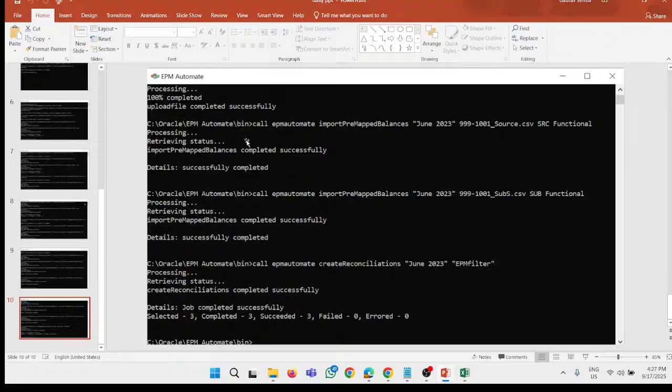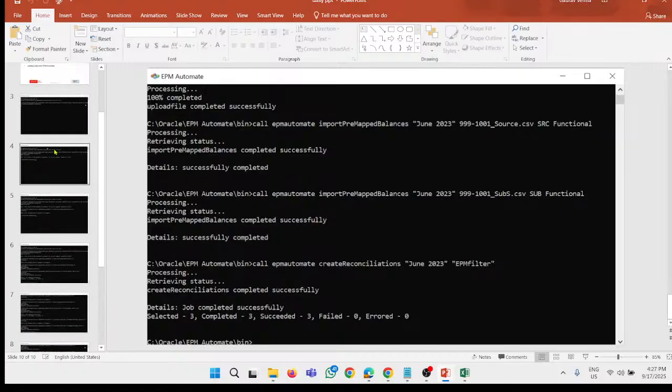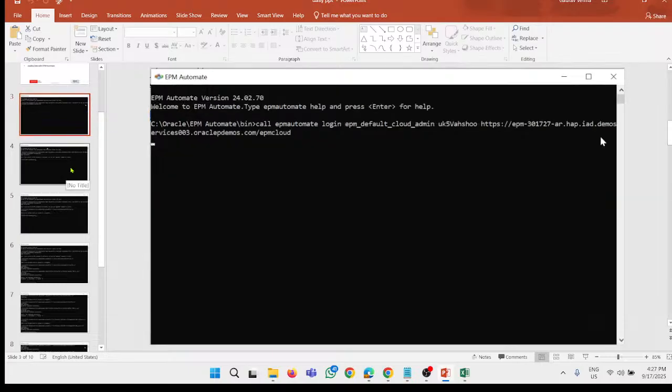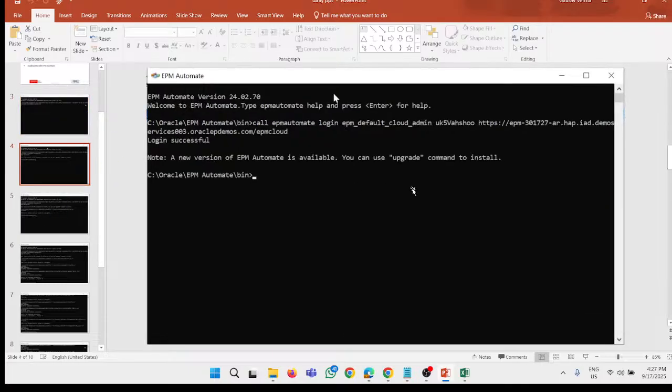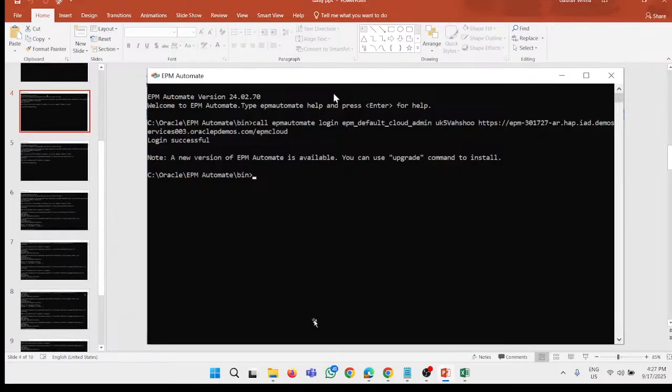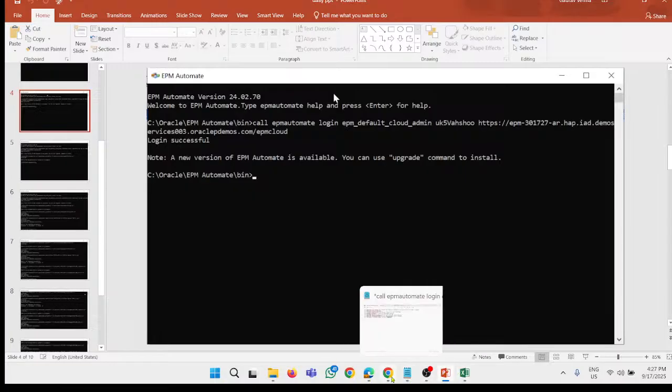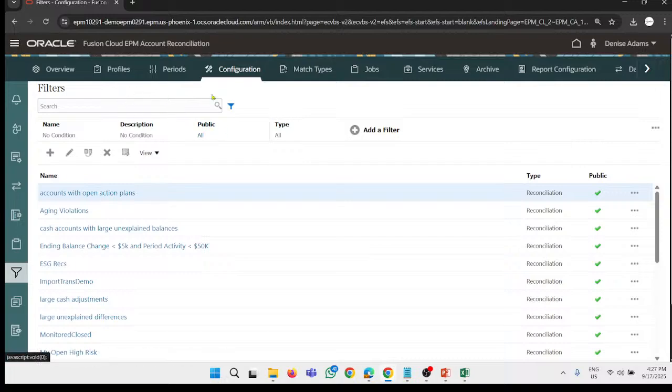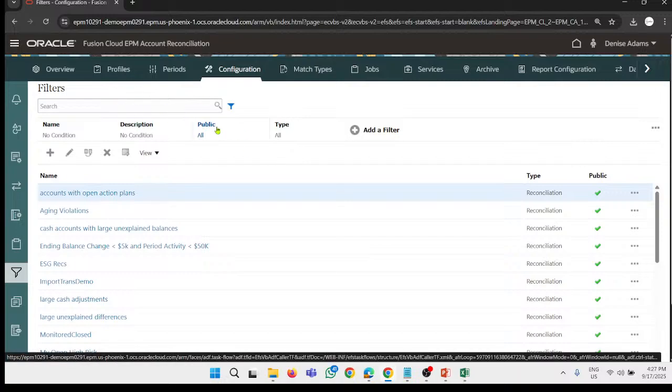Okay, we mainly use this when we have to load bulk profiles to our system and we have to create bulk reconciliation. So after that, the next process is the preparer process. Okay, so what does the preparer do? The preparer basically provides the explanation for the balance. The same thing will be automated with the help of